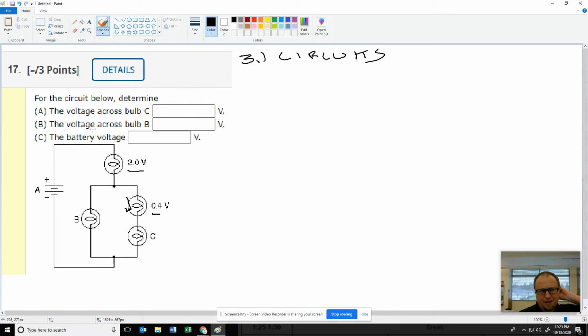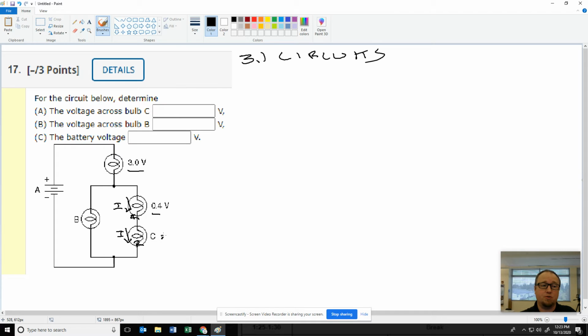And the second thing is as bulbs heat up, their resistance changes, so we're going to get some different results on this. So let's take it a step at a time. First up, since these two on the right side are in series, they're going to have the same current going through them. If they have the same current and the same resistance, that means they're going to